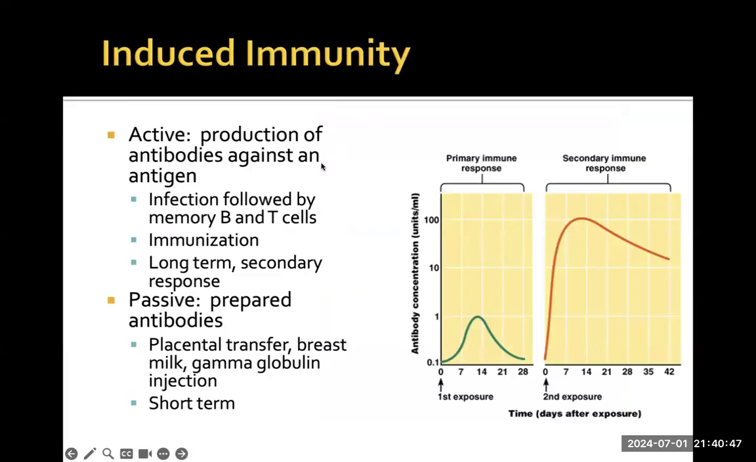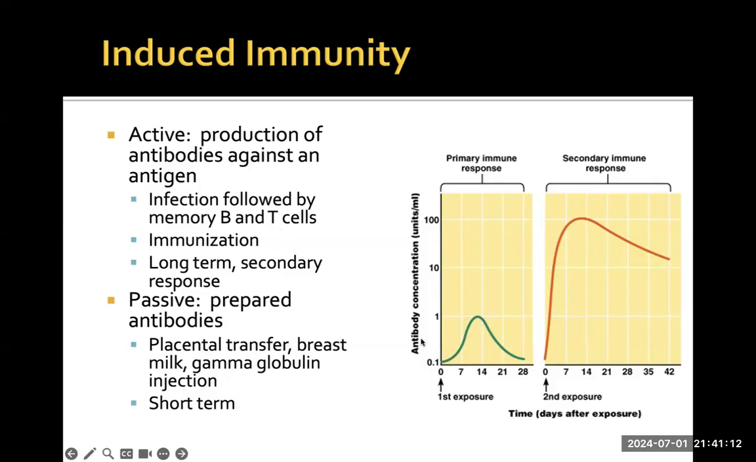This is where you have active and passive. Active, again, is going to be the production of antibodies against the antigen. So it's going to be infection, which then causes memory B cells to activate and then T cells to activate. It could be due to immunizations, and the long-term response is what we would call a secondary response. So you guys will note here,